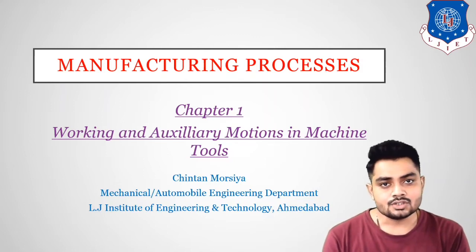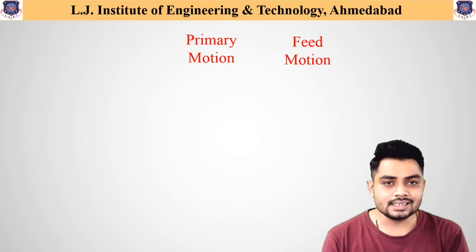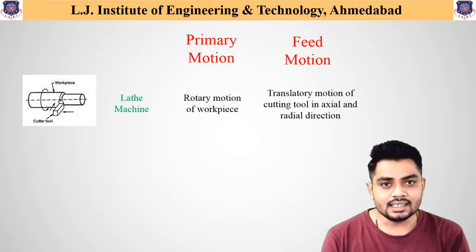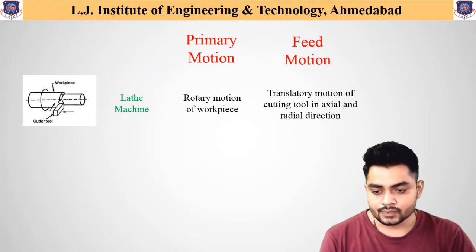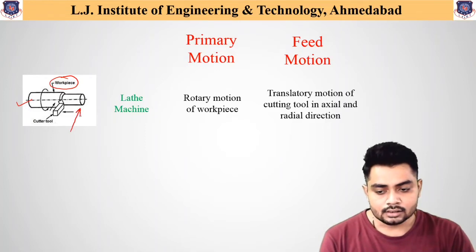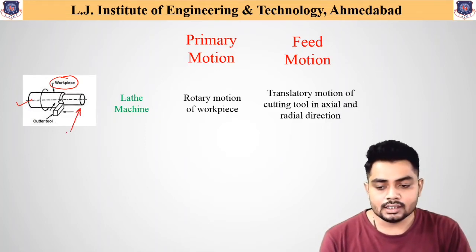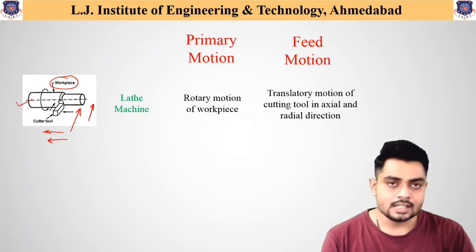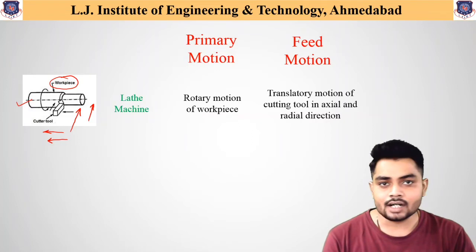So in this lecture we will discuss different primary and auxiliary motions available in different machine tools. Starting with the first important machine, that is the lathe machine. In the lathe machine you can see that the first component shown over here is the cylindrical component, which is indicated as the workpiece. The tool is fed maybe in the perpendicular direction or maybe in the longitudinal direction. So the tool movement may be towards the center of the workpiece, or it may be along the length of the workpiece.